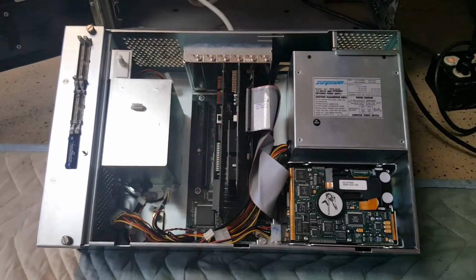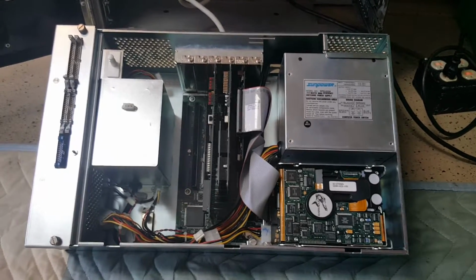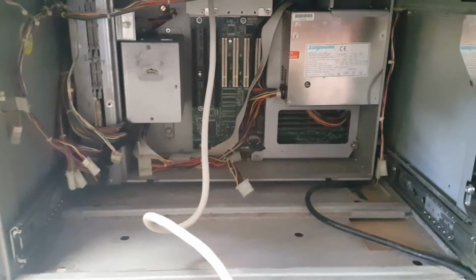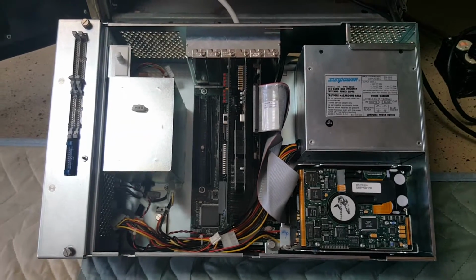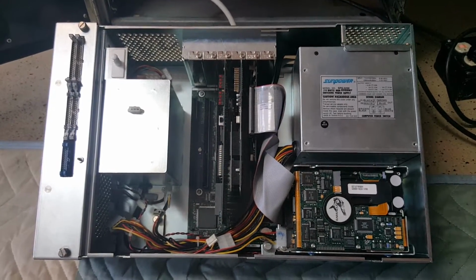So here we have an Odyssey Ebox. It's the complete assembly, the computer assembly that normally sits inside the back of the Odyssey. Here you can see another one partially disassembled. I want to document what happened with this box and what it took to repair it, because it